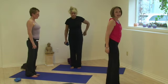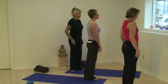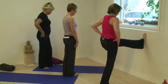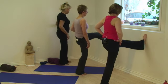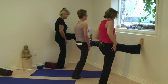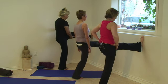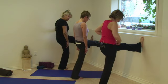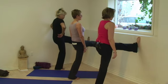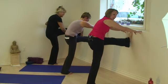Don't worry about being on your mats. And this is really nice to work with the wall. What we're going to do, it takes a little bit of figuring out where you need to be away from the wall, but we'll take one leg up. And it's nice because when you use the wall, you can really work with pelvic alignment too, so that the supporting leg is straight, the hip bones are square to the wall, square up and down. And then from here you can also fold over, and we have a nice ledge here. You probably won't have that at home, but